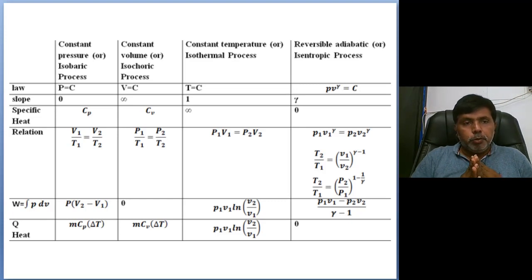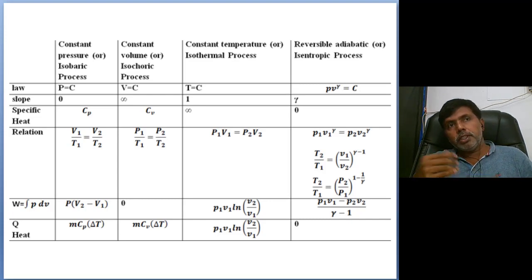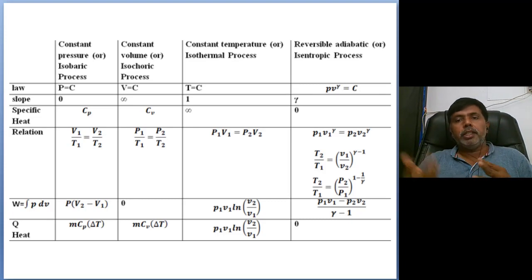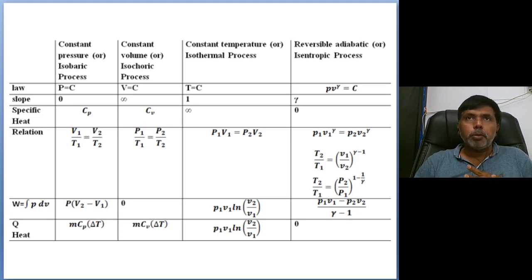here, before starting the air standard cycle, we discussed the processes: constant pressure isobaric process, isochoric process, isothermal process, isentropic process. These 4 processes: whatever cycles we discussed in air standard, all cycles are constituted with these 4 processes only. It may be a combination of constant pressure and adiabatic, constant volume and adiabatic, or isothermal and adiabatic. The adiabatic process is a common process for work interaction.